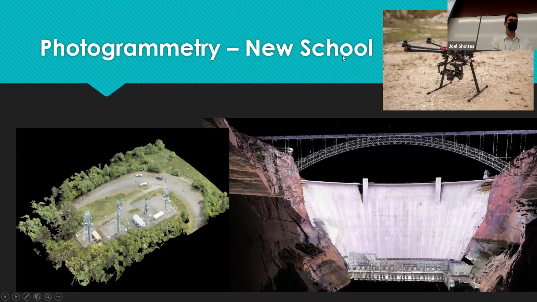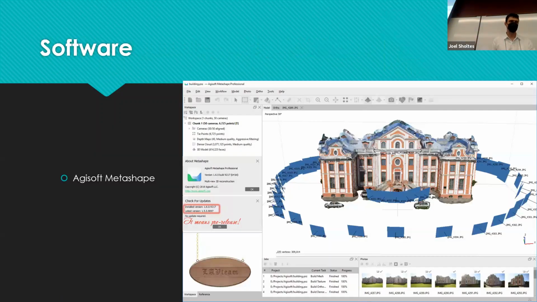So that was old school. Here's new school. We've got drones with cameras on them. And these drones will fly and take thousands of pictures with really high resolution of the ground. And there is an algorithm and software out that we'll be using. It's called Metashape